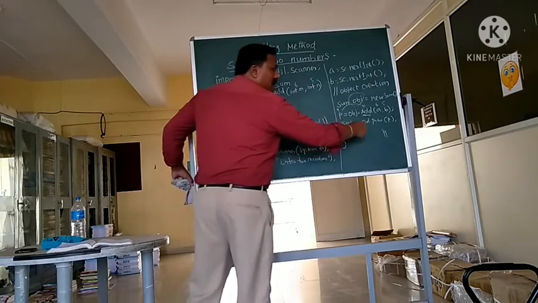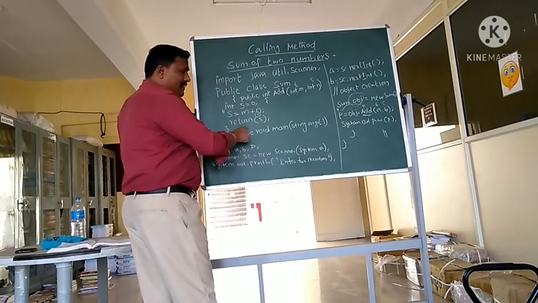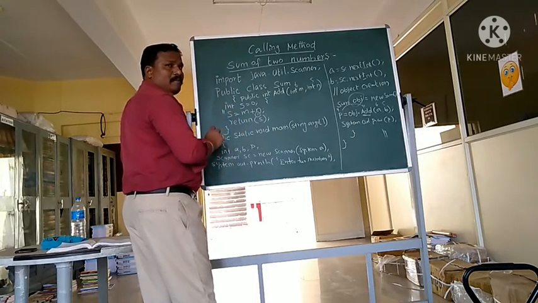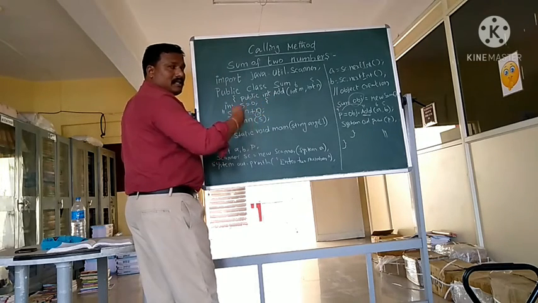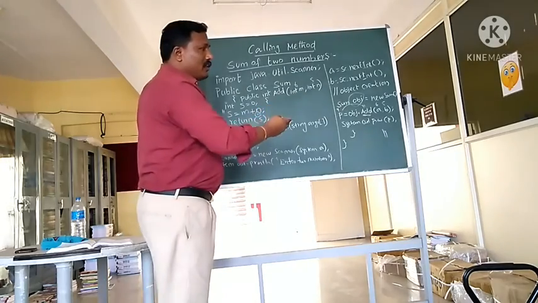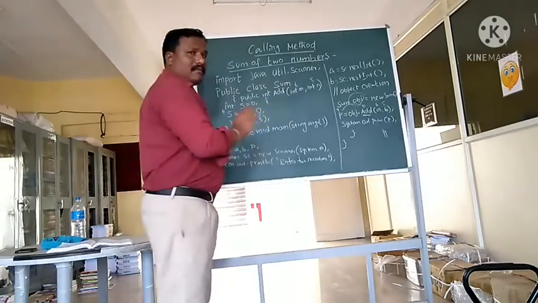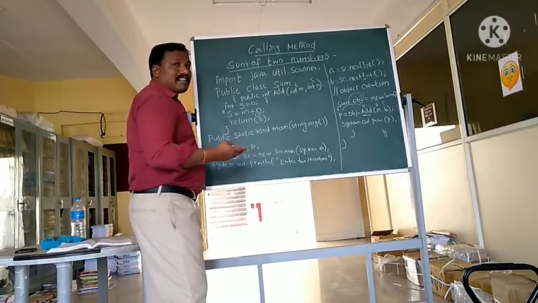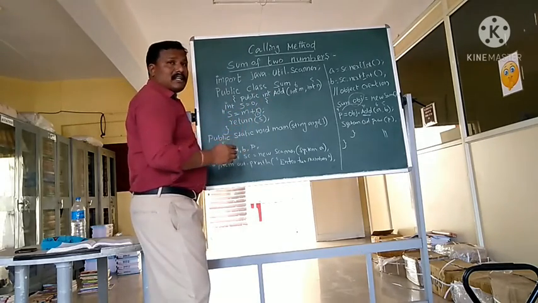The result of the process we can send to the caller function. We can print, or you can print directly here also. If you don't write a return statement, you can print directly with System.out.println, and the value prints right here. Or else, if you want to pass the value to the main method, the caller function, you can pass it and print it there also. So we can use both. Here we use a new statement, the return statement. It is used to send the value back to the caller method.